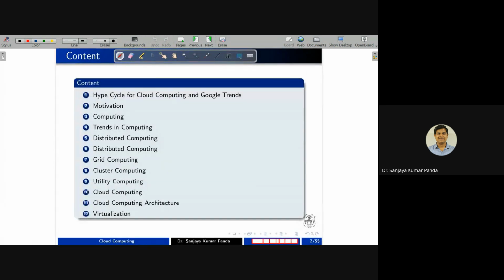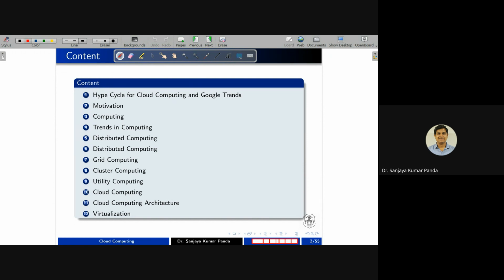So the main agenda of this talk, which I have mentioned here, will start with a very simple graph, or you can say cycle, which is repeatedly released by one of the popular research and development firms called Gartner.